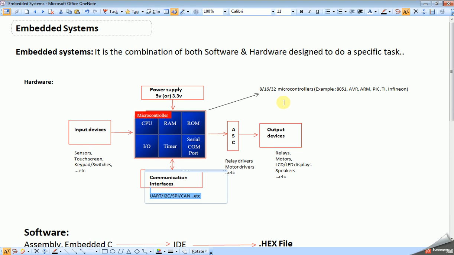There are different microcontrollers based on 8-bit, 16-bit, 32-bit, for example 8051, AVR, ARM, PIC, Texas Instruments and Infineon, etc. So we will choose a microcontroller based on our application.